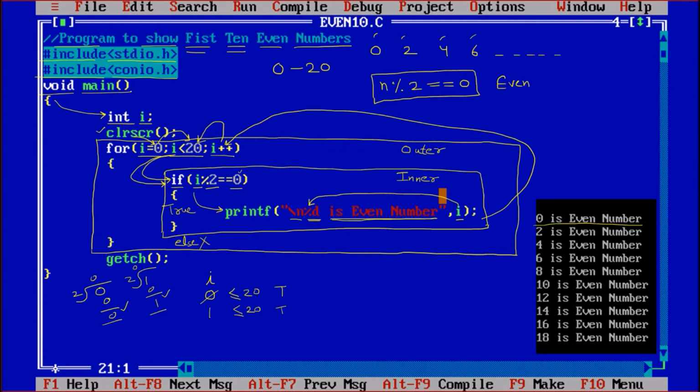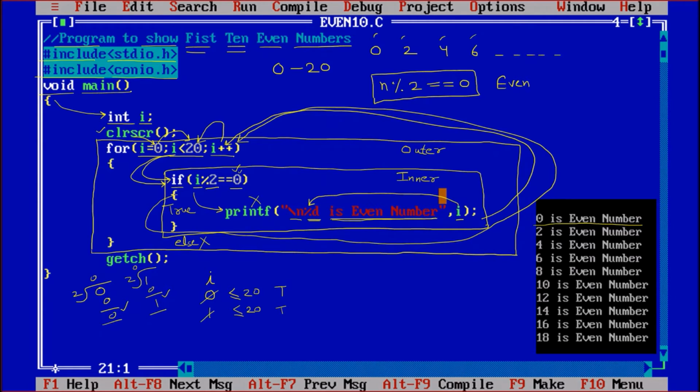So 1 equal to 0, false. Here the condition is false. That means the inner part will not run. Program will directly come out, and from here it will go back and again increment I plus plus.